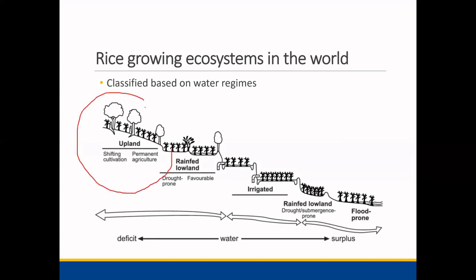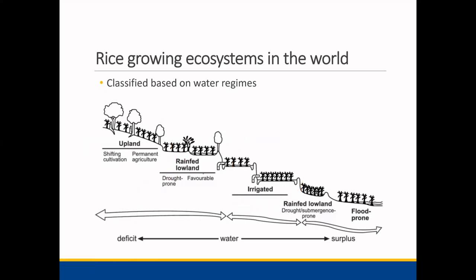And then we have the rain-fed lowland, which depends on the rainfall; the cultivation is based on the rainfall. And in between these two, if irrigation is available, we will have the irrigated rice. But according to this slope, if I go back to this